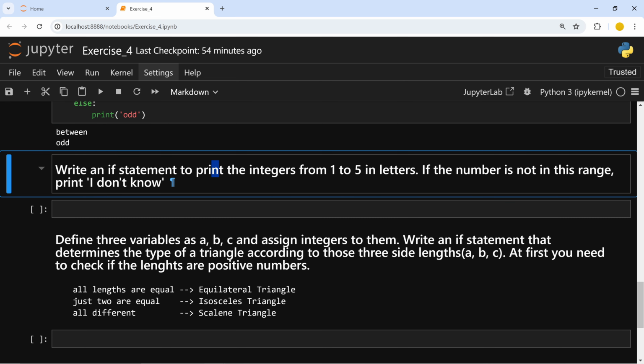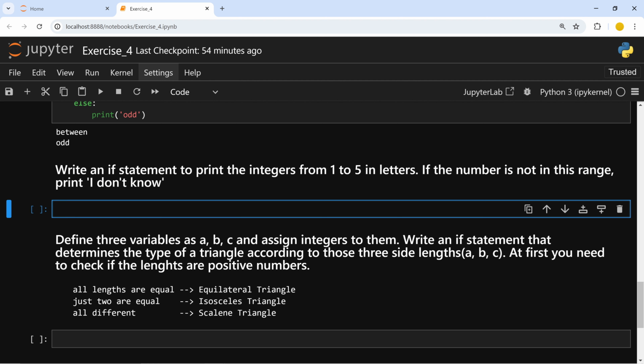Write an if statement to print the integers from 1 to 5 in letters. If the number is not in this range, print I don't know. Let's do this. We need to write multiple elif statements for this. Let's write it. Start with if